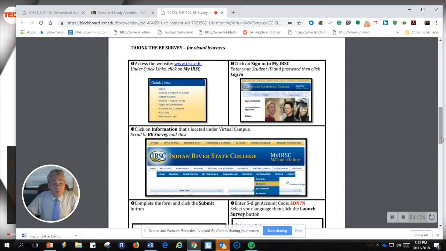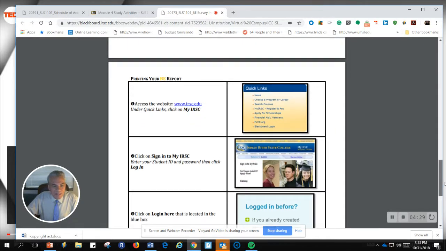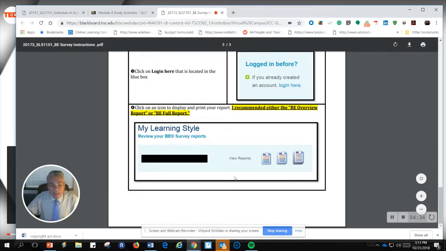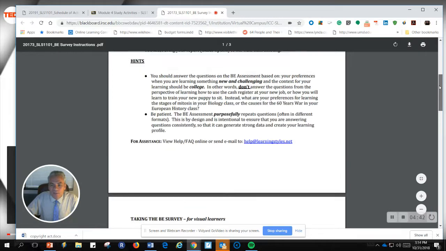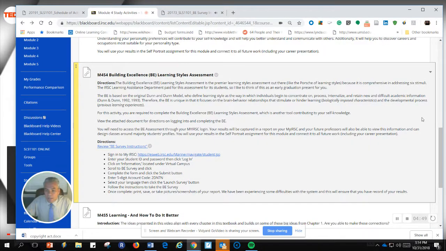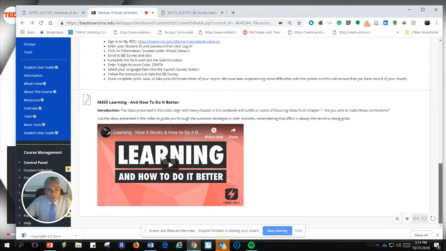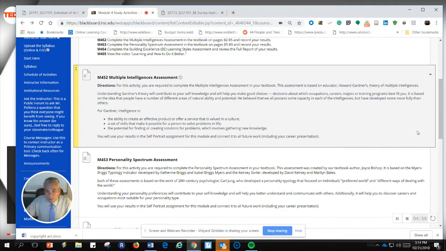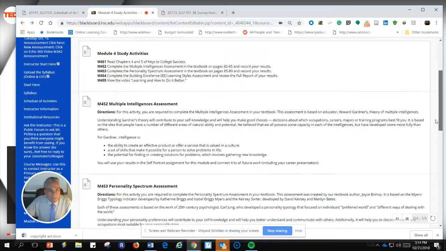Taking the survey for visual learners. Here's another way to look at it. So take this test and take your results, and at the end, view the reports that are given to you. It's a great insight into your learning preferences. And you get to see what kind of best skills you have and that sort of thing. So you've got things to do in the study components here. And then